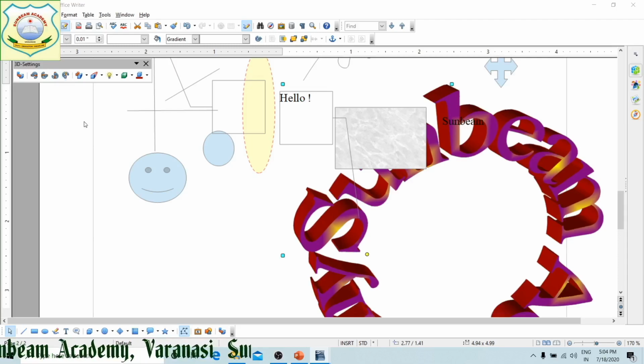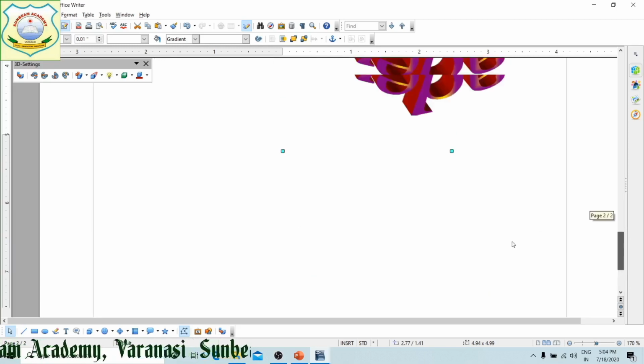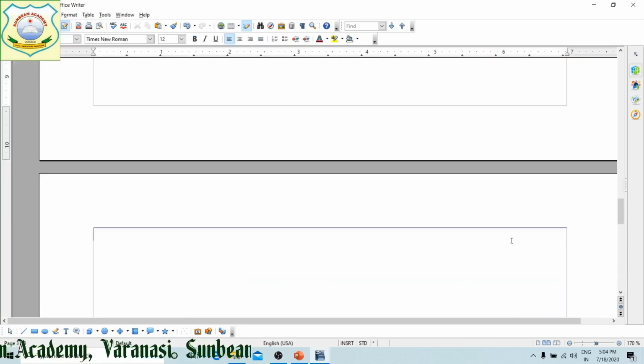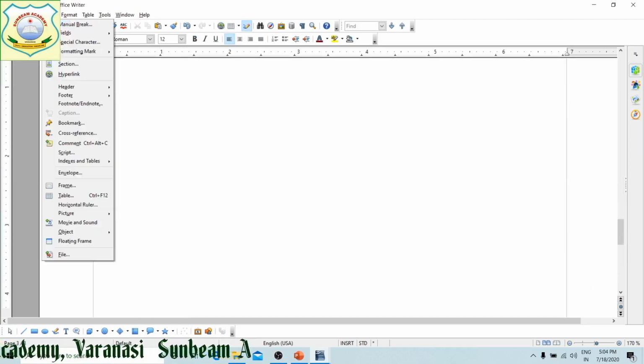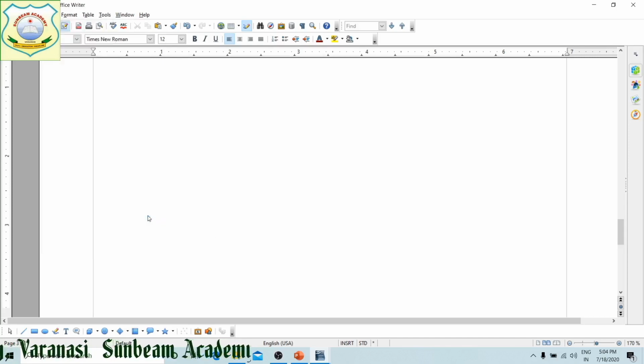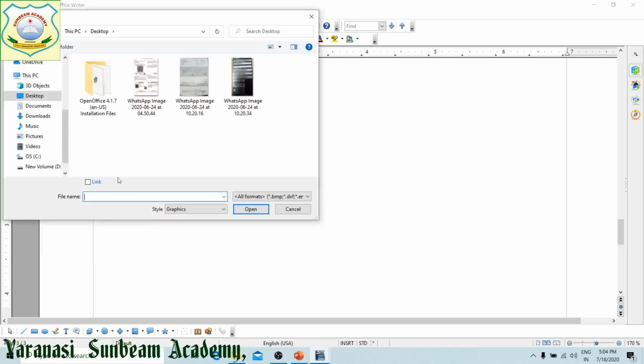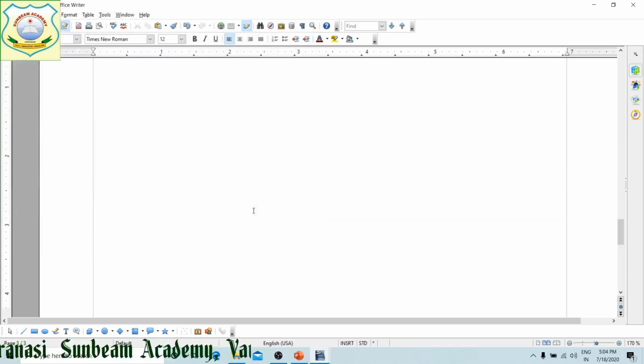Now how are we going to insert a picture? To insert a picture, I am again moving towards the next page, a blank page. Insert picture. Picture can be from file or scanner. From file, wherever file you have kept, just select it and click on open.